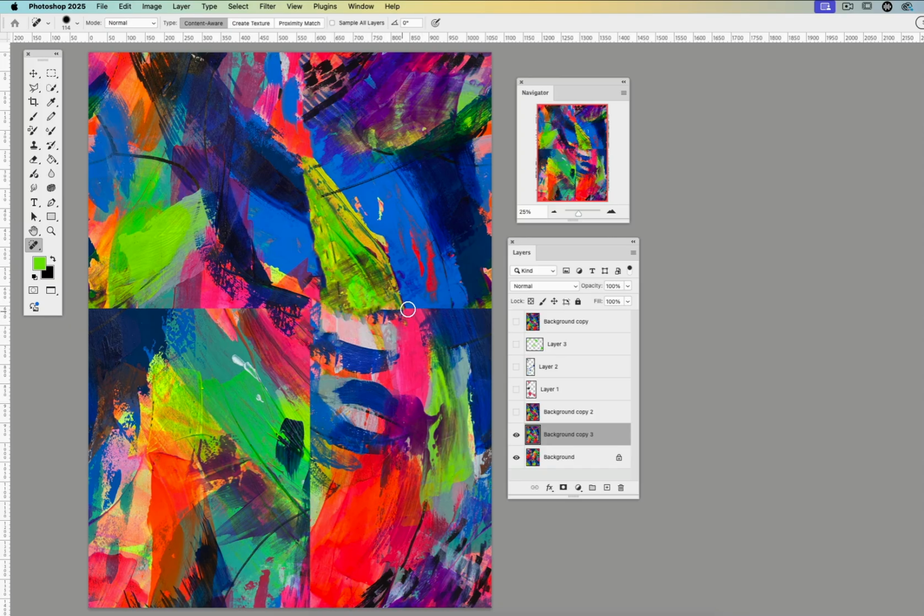And you can see I'm not just going along the line, I'm going a little bit deeper into it there. The reason for that is I don't want it to look as if I've just fixed this crosshair in the middle. I want it to blend in a little bit better. And you can see sometimes with the process you get a lot of different marks and colours here, which you may or may not like. It might be blending a bit too much, but I'm going to show you how you can edit some of that as well. So I'm doing this pretty quickly, but you can start to see